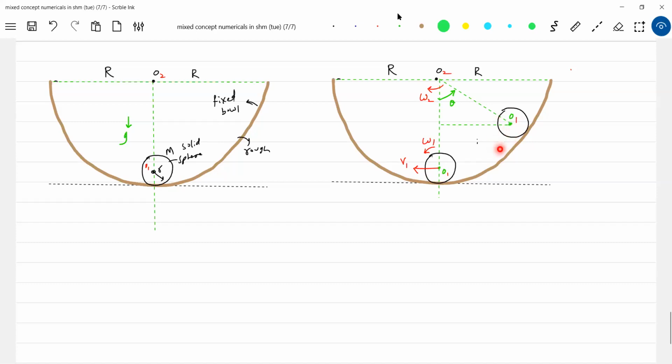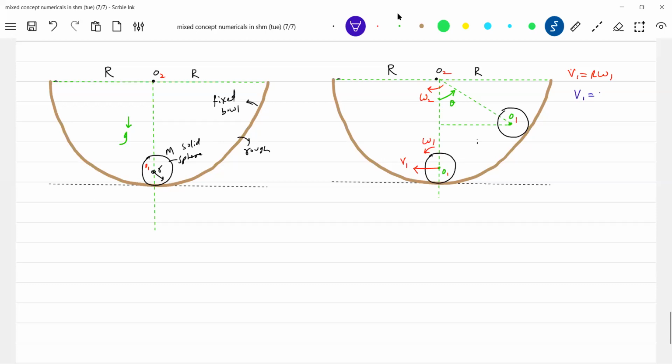So now it will be rolling up. You can see it is spinning about its own axis, passing through its center of mass O1, and also it is describing a circular path about O2, no? So therefore, two angular velocities will be there, and about O1, as it is pure rolling, friction will be sufficient for pure rolling. So V1 equal to r omega 1.